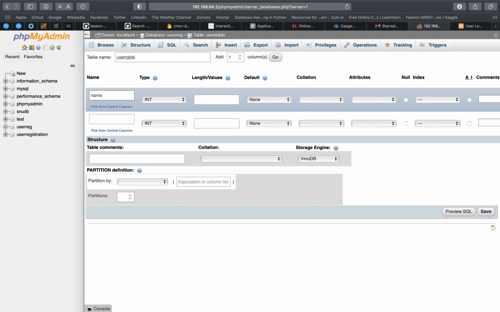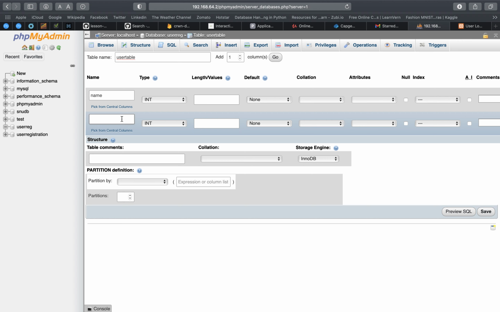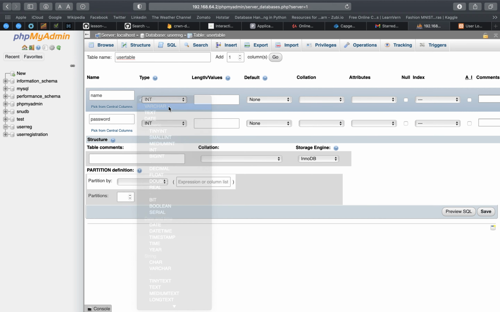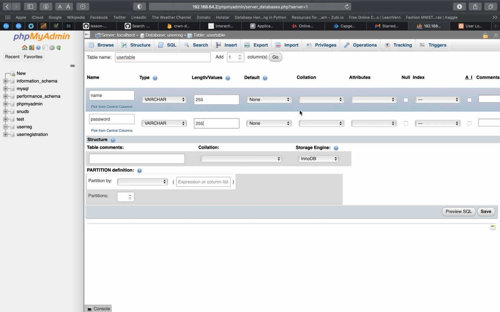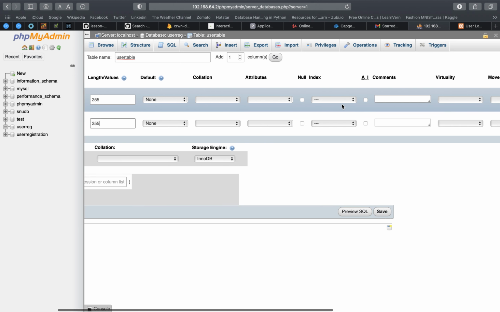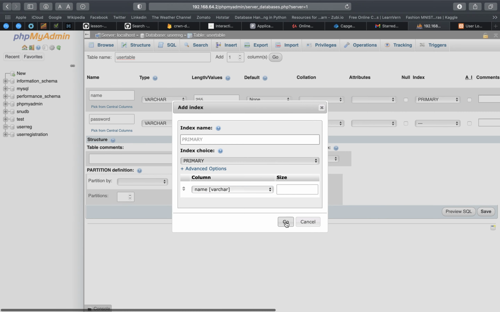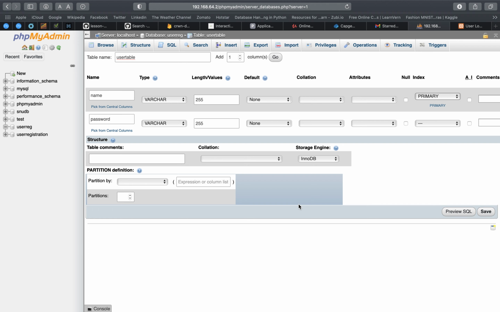These are the names of the columns, so I'll be giving name and password, and both are varchar, so I'll be changing it to varchar. And let's say length will be 255 characters long. And next we don't need to change anything. On index, I'll be keeping my name as the primary index. Click on go. Finally we are done.